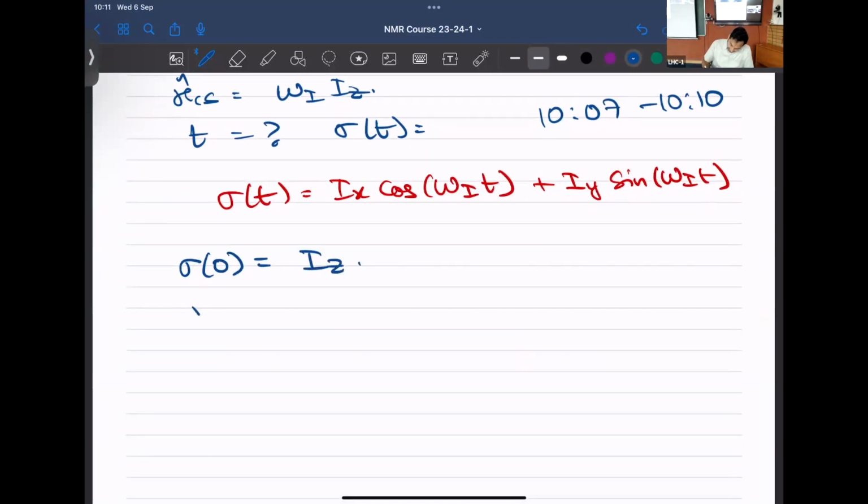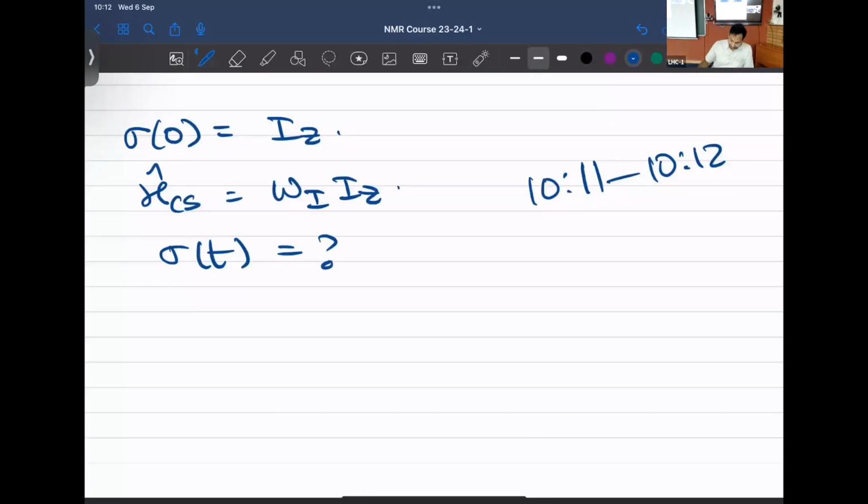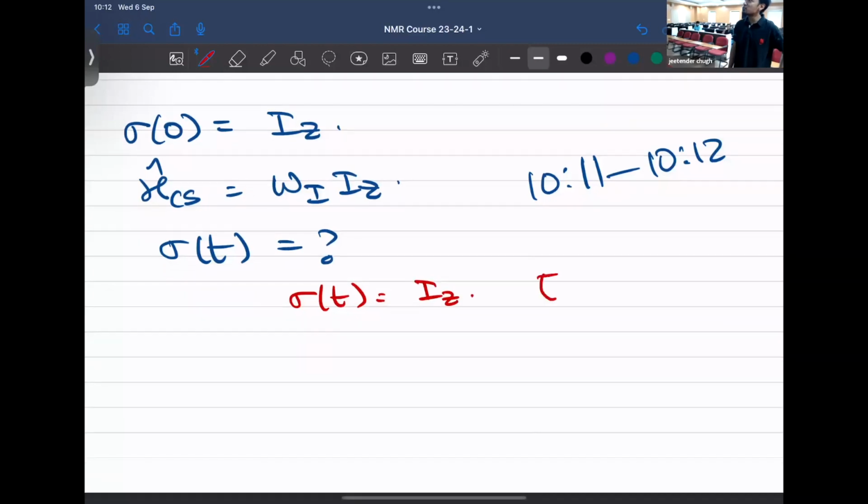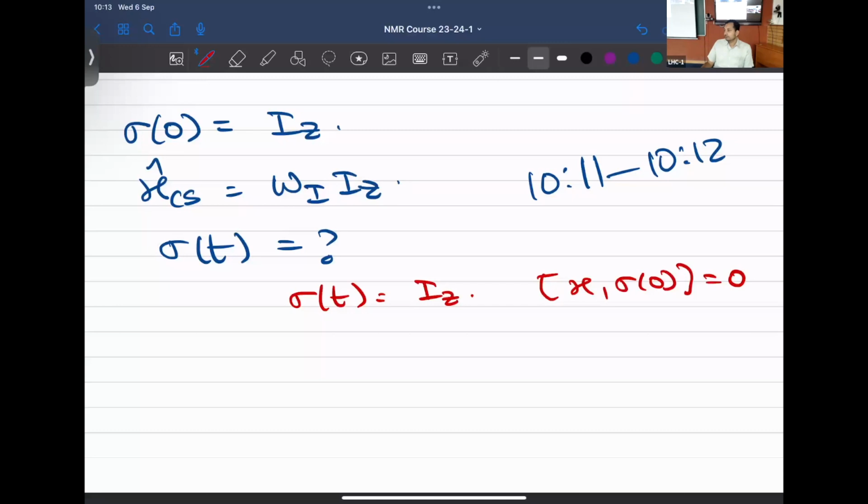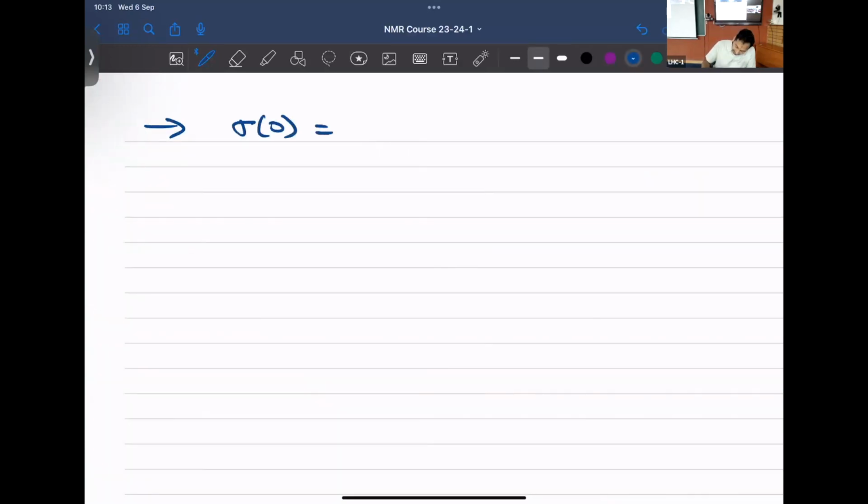So the initial density matrix is Iz, and the Hamiltonian of chemical shift is given thus. What is sigma of t? Iz, because sigma 0 and the Hamiltonian are both Iz, so they will commute. So that was a pretty easy answer. For initial density matrix of Iz,